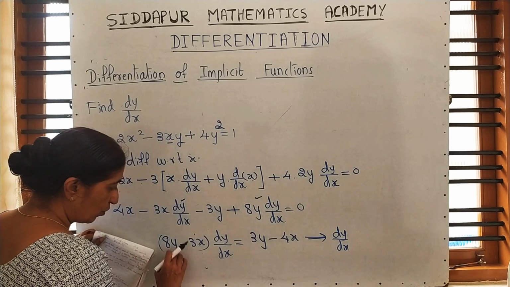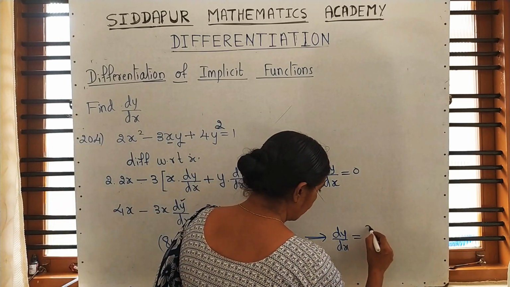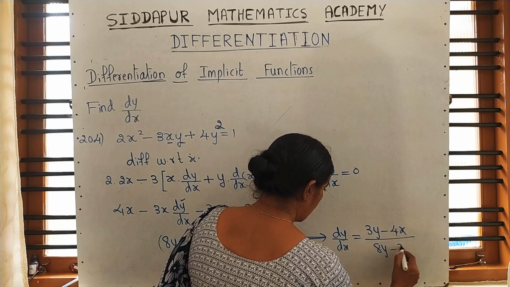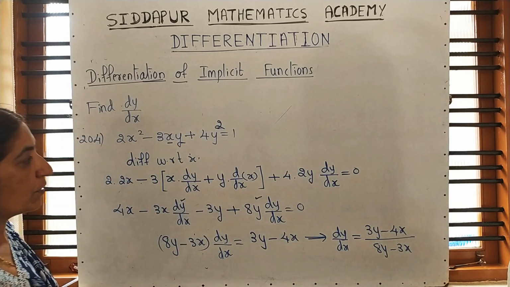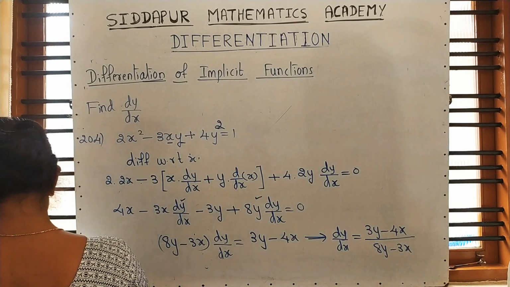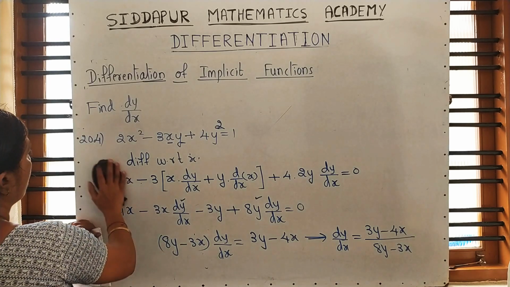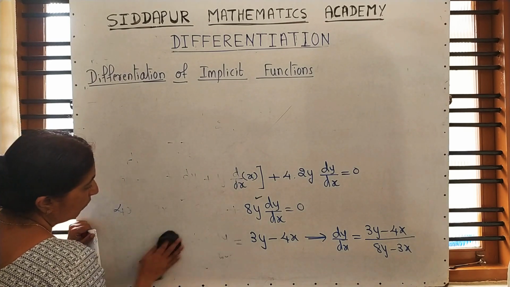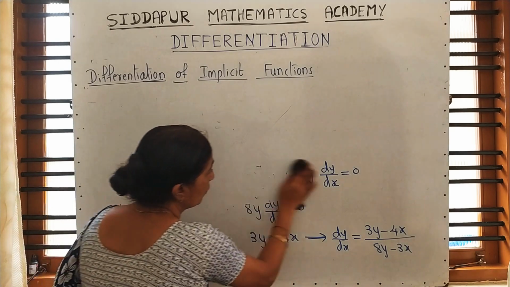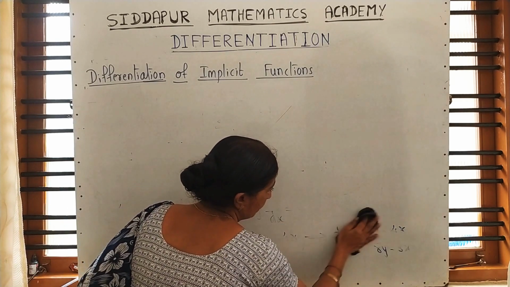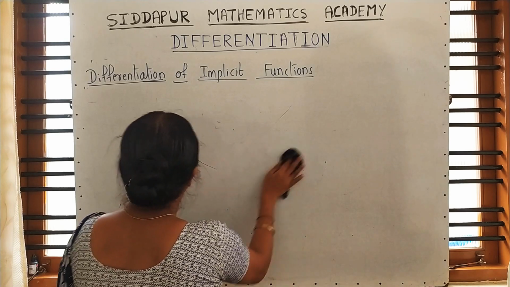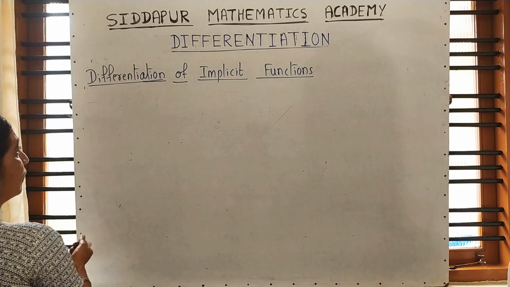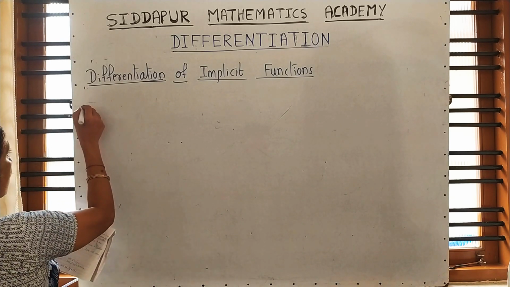Now tell me what is dy upon dx? Is it multiplication here, or what? Taking it to that side, it becomes a division. See, is it very simple or what? Yes. Don't worry, I will again explain so many examples and make you perfect. Moving to the next question. From one example, if you are not following, don't take the tension. I give you a promise, if you follow my videos thoroughly, I will make you perfect in calculus.